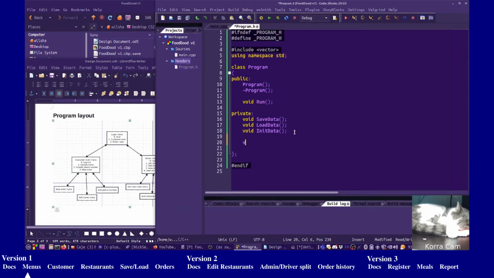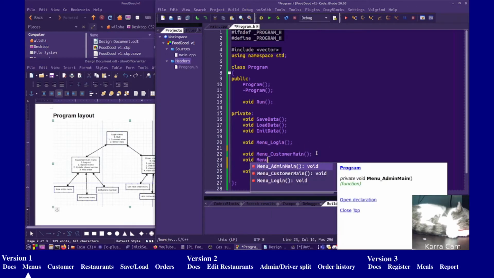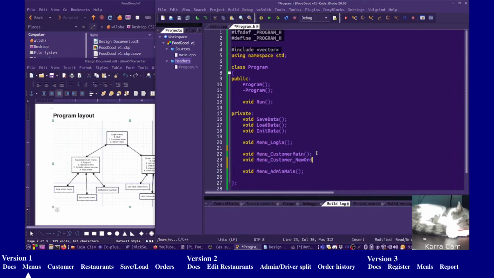Let's do void menu login, void menu customer, void menu admin. Maybe I'll just name these like main. And then from there, these will also have submenus. So void menu customer new order. We'll just kind of keep that naming style consistent. Edit name, edit phone,